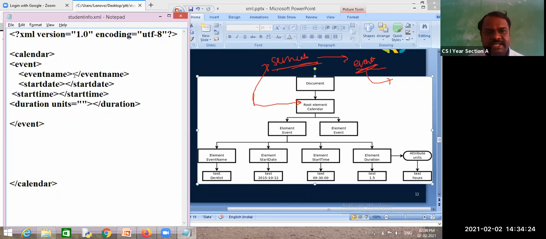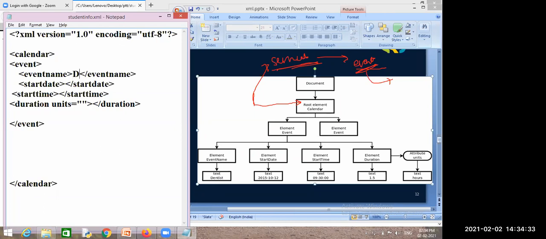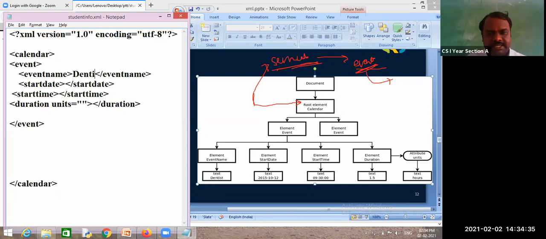And what is the event name? The first event name, here, is the event text. What is the event text? Dentist. Dentist is the event name.